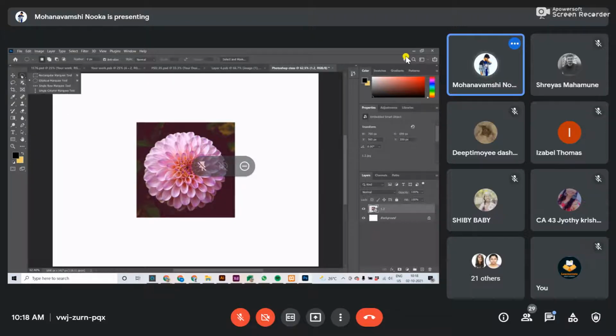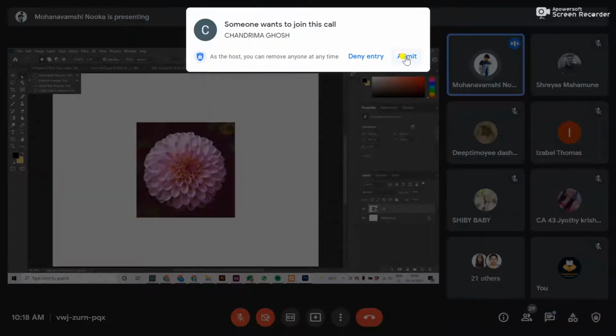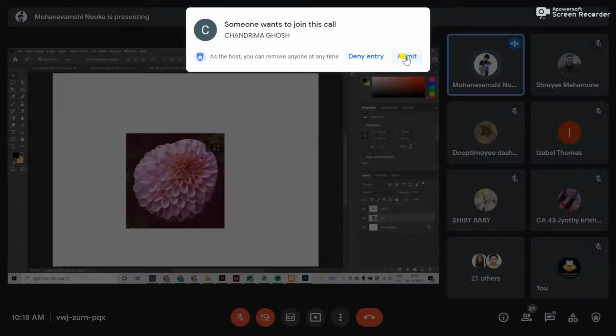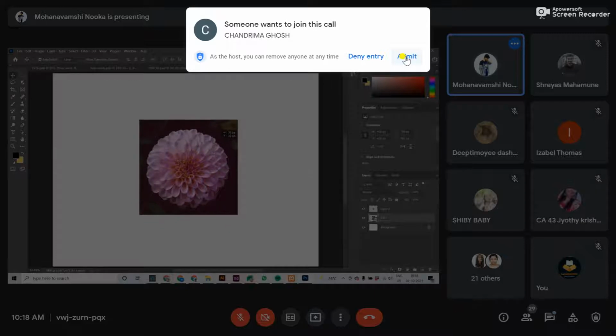This is another selection tool we call the marquee tool. The marquee tool is used to select only the object, for example, here. Control C. Got it?